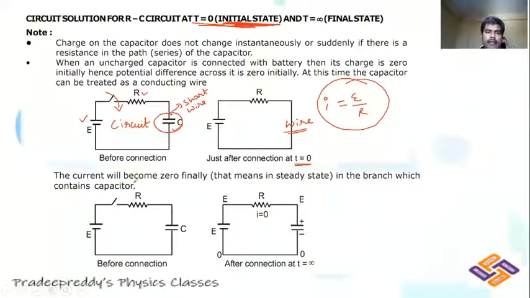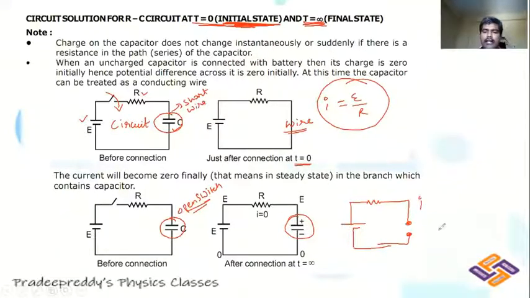Next, similarly, after some time, like at steady state, what would happen? This capacitor acts as an open switch. As it is acting as an open switch, you should replace it with an open switch. So you can redraw the circuit like this. Here is the battery, and this is the open switch. So what would happen to the current? Current in the circuit will become 0, right? These 2 points you need to remember when you are solving problems based on charging and discharging of the capacitor.